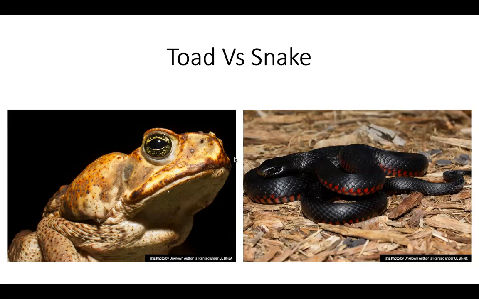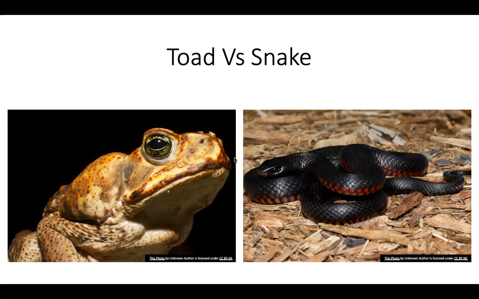Now, red-bellied black snakes like to eat frogs and toads, and the trouble is when they eat a cane toad, they tend to die very quickly afterwards because of the poisonous glands on the side of the toad's head. And so this is having a selection pressure on the red-bellied black snake. And what we're finding is red-bellied black snakes that have smaller heads are starting to be selected for. And that's starting to become an adaptation of the red-bellied black snake. Now, the smaller head means that the bigger cane toad is not a desirable thing to eat. It's too big for the red-bellied black snake to eat.